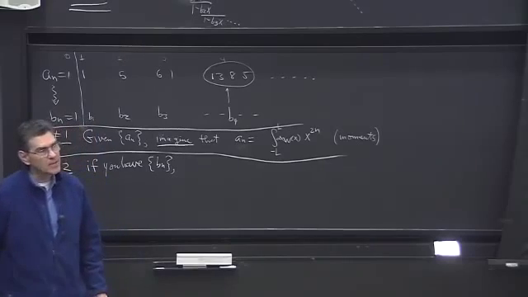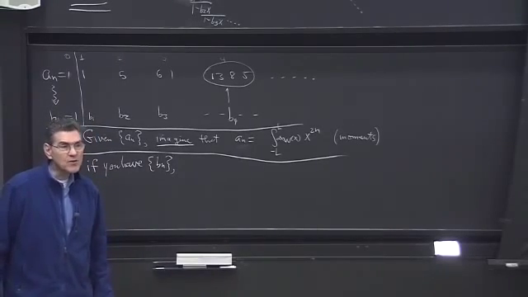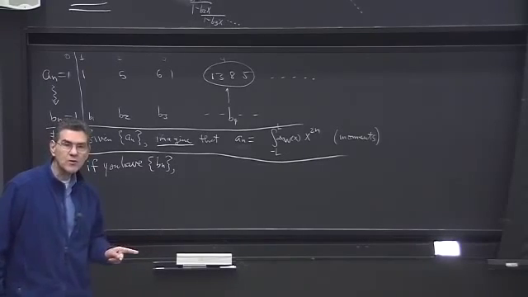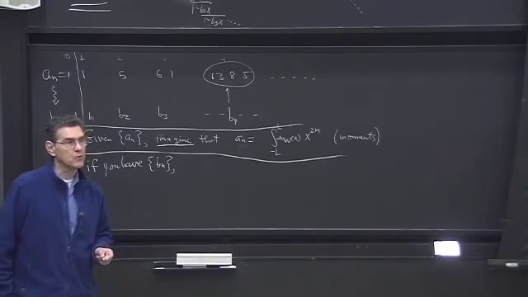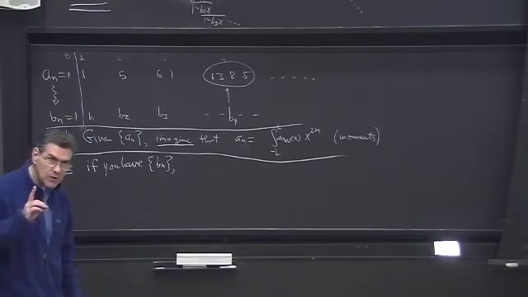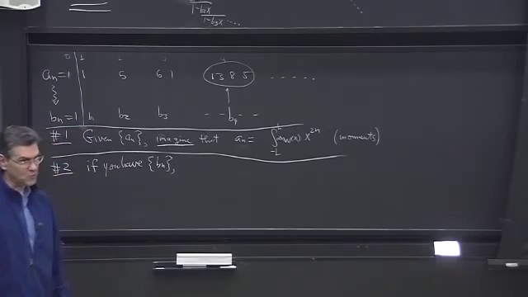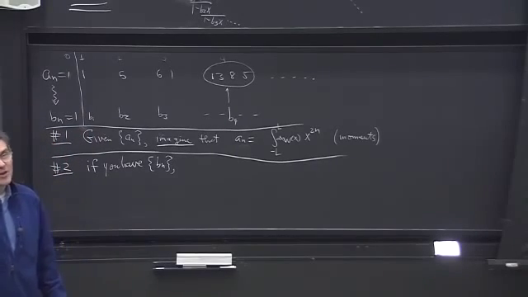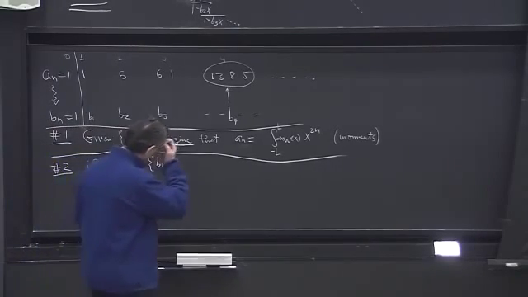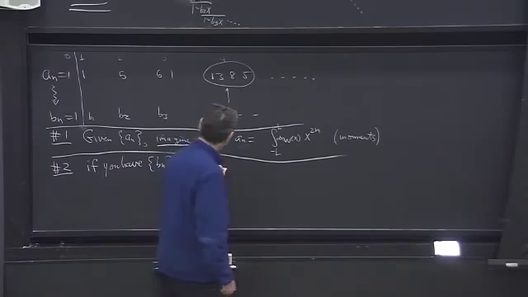Well, I claim that it would be fun to use those numbers to construct a bunch of polynomials. Now, I'm not asking you to construct the polynomials. I'm just asking you to imagine that you can construct the polynomials, according to the following rule. The 0th polynomial is just defined to be 1,